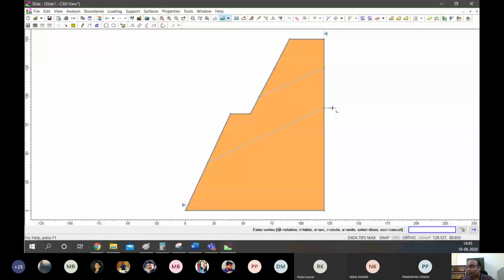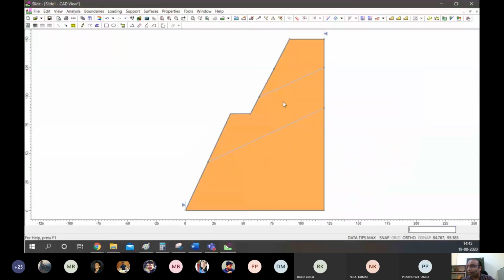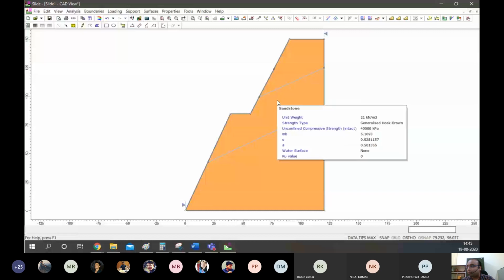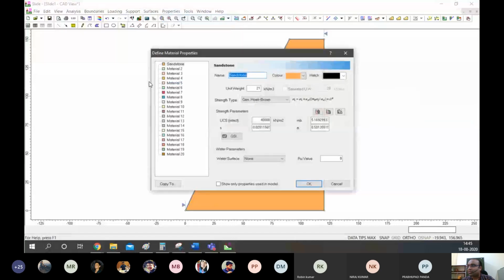So like this, I have made a three-part zone. Now I can actually put the second material. Let me define the second material. Let's suppose it is shale. Shale color generally is what? Maybe light gray. Yeah, it is dark gray.